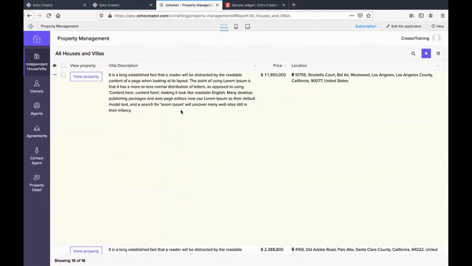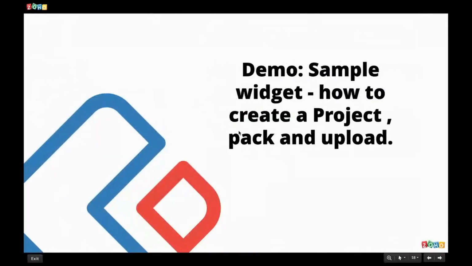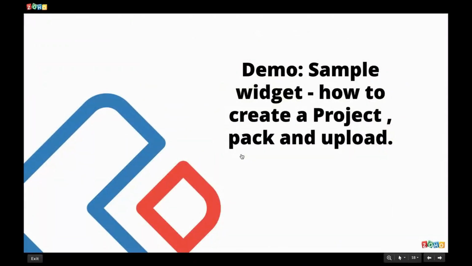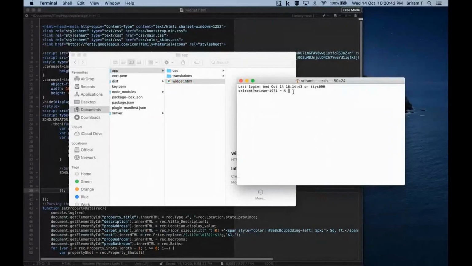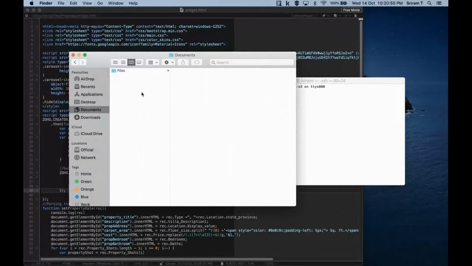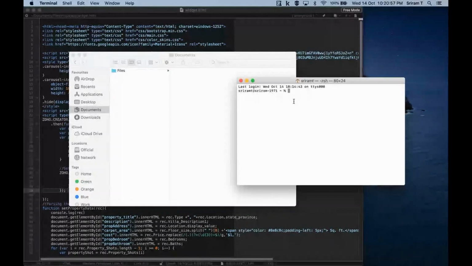So this is what we are going to be using in this application. Now let me go ahead and show you how we can create and package a specific widget. For that, I'm going to be using the terminal. I have installed the required packages and libraries already, so I'm going to go ahead and use it here. And we have this folder here, files, which is where I'm going to be creating this project